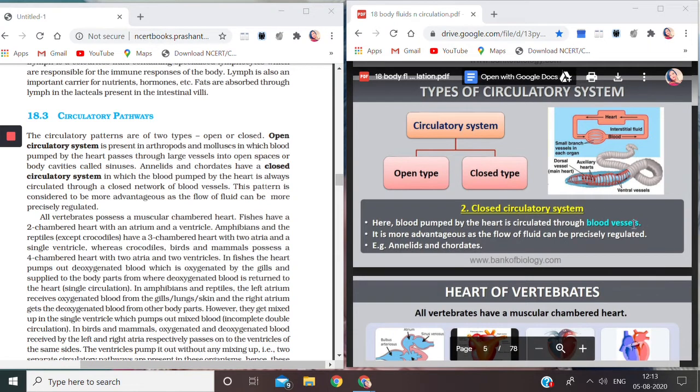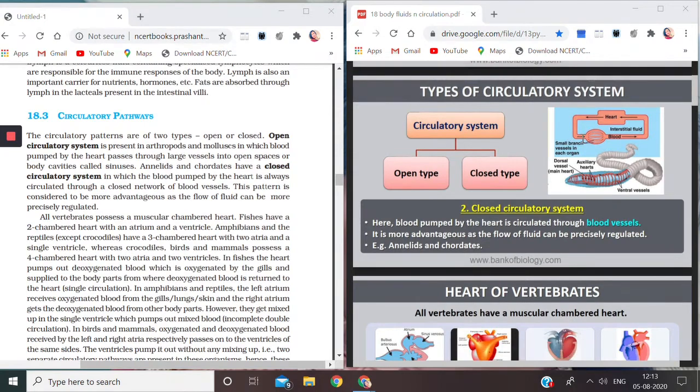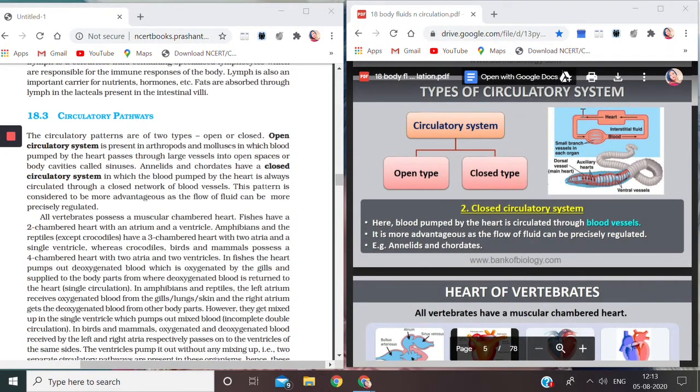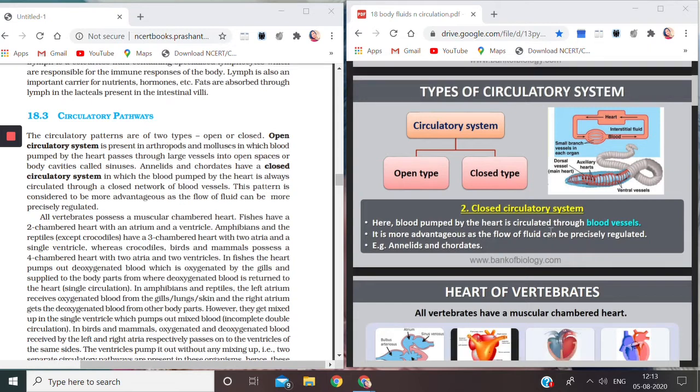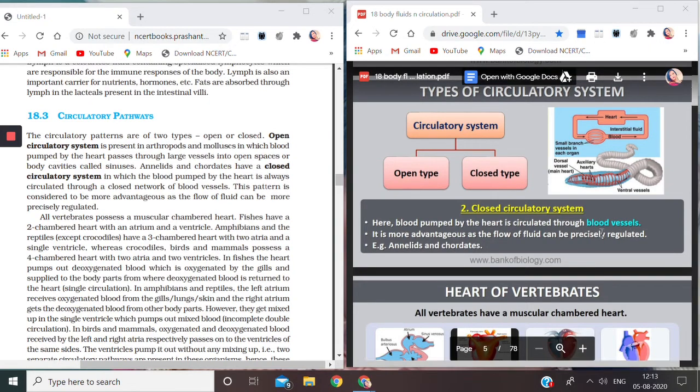Such a type of circulatory system, where the blood is moving in closed vessels, is known as closed circulatory system, and it is more advantageous as the flow of fluid can be precisely regulated, because when the fluid is flowing,